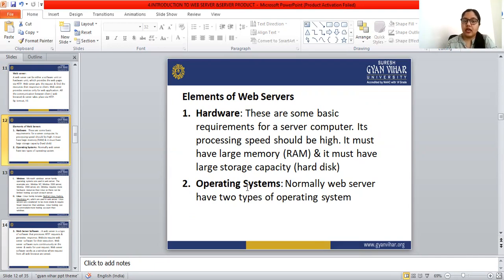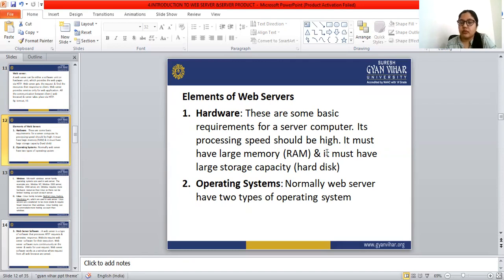Hardware is the basic requirement of a server computer.